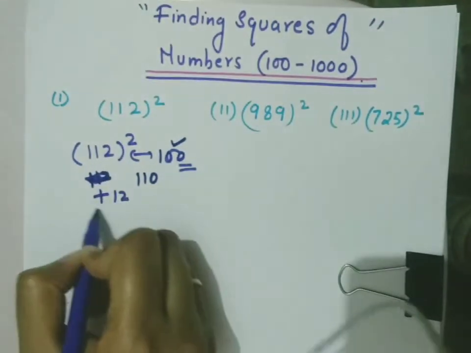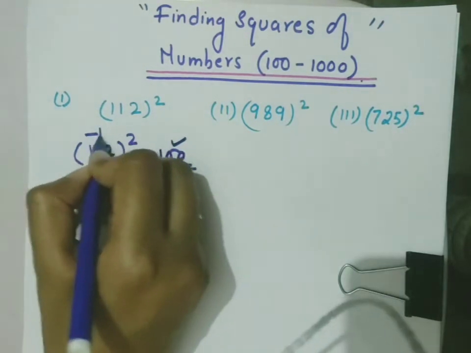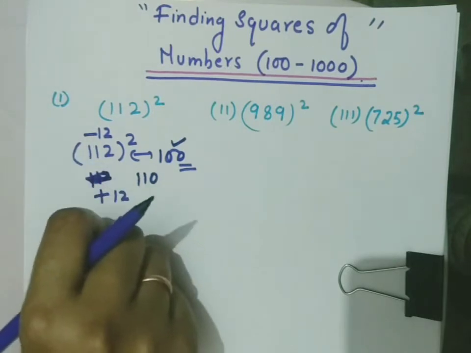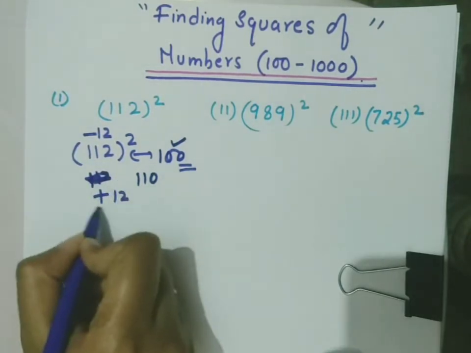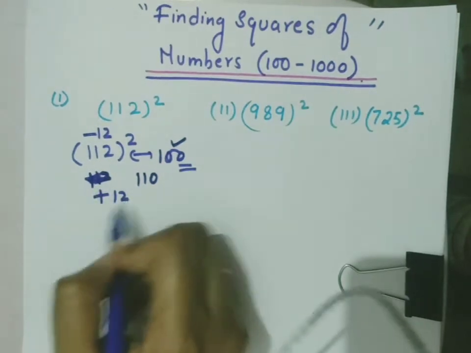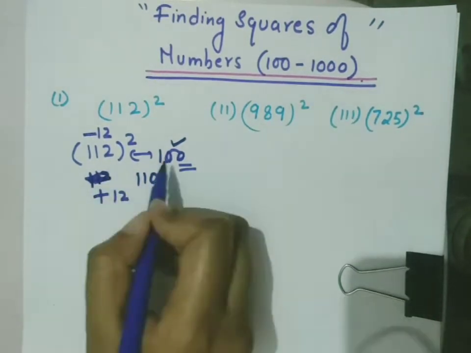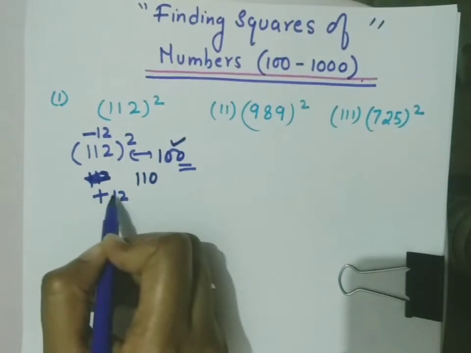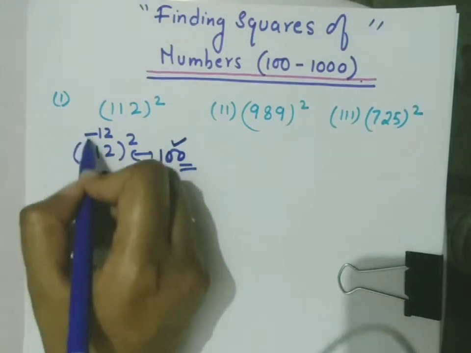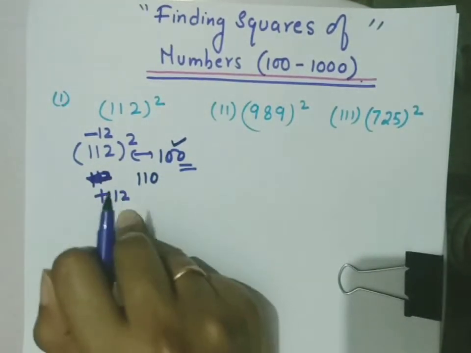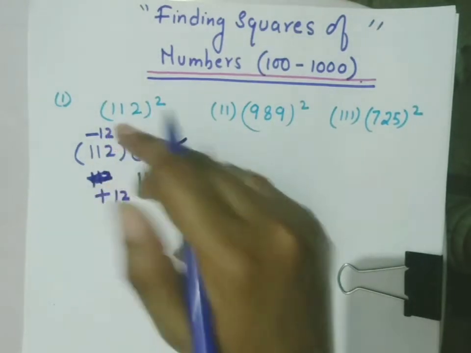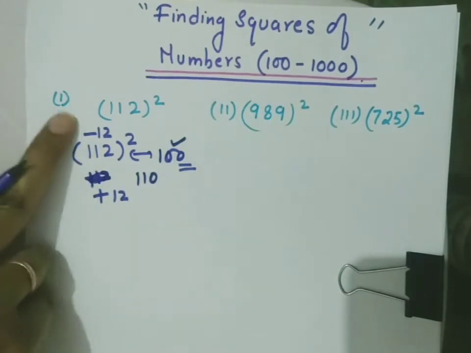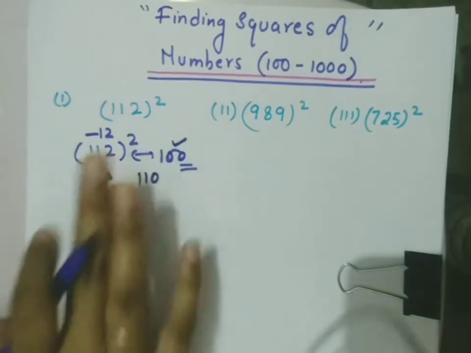And remember, whatever we are adding here, we will subtract also. This applies in every question. Here in this question we are adding, but the case can arise that we have to subtract a number to get the original number. So if we are subtracting 12 or maybe another number, then we will add the same number. Whatever process you do here, the vice versa you have to do here also. So now we are adding 12 to 100 to get 112, so we will subtract the same number. This is the second step.